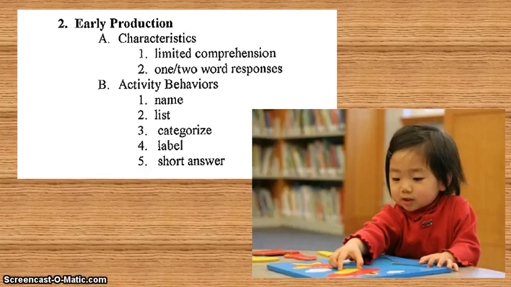The early production stage has certain characteristics, and your students that are learning English maybe in middle school, they're not going to have the success at reaching native fluency, but they might still be in the early production stage. And if they're learning a language after puberty, then they're going to have a lot of pronunciation practice, a lot of grammar exercises, a lot of vocabulary memorization.